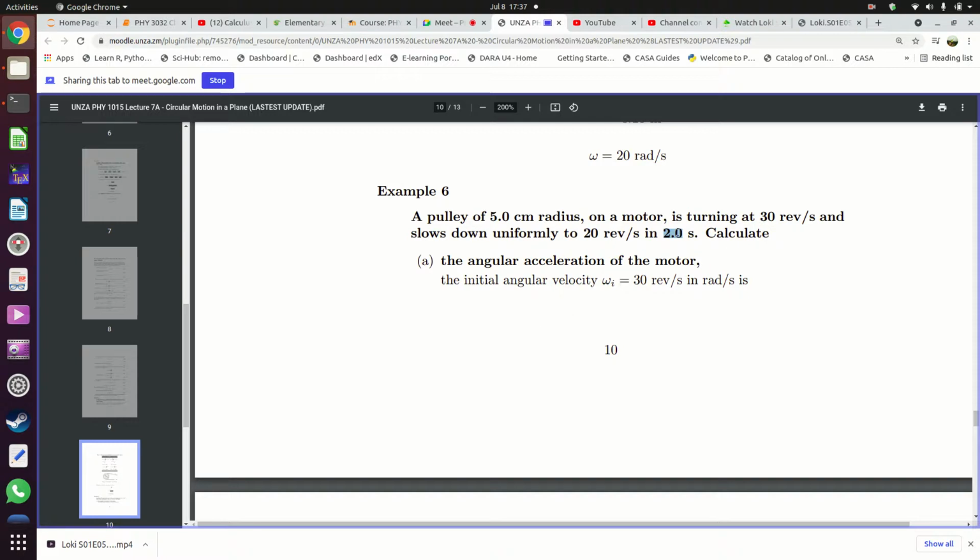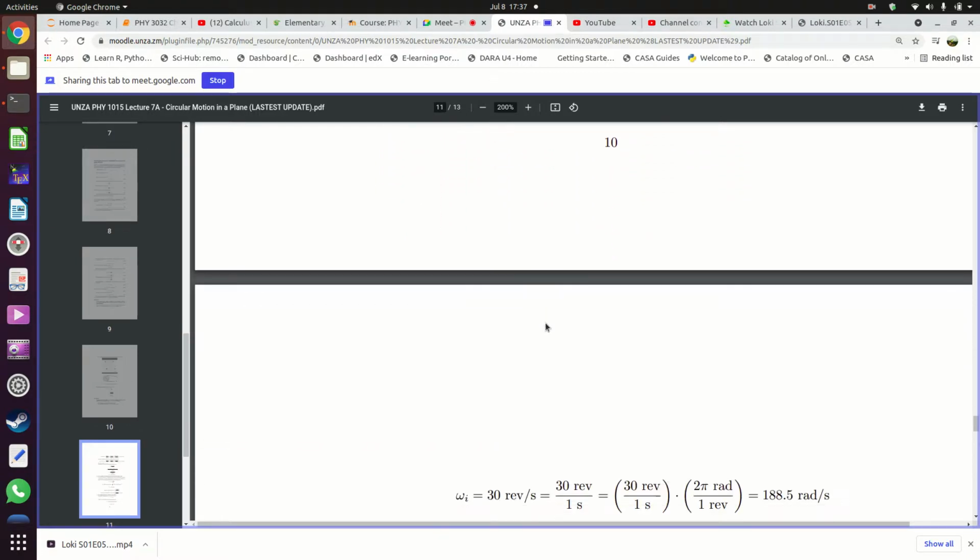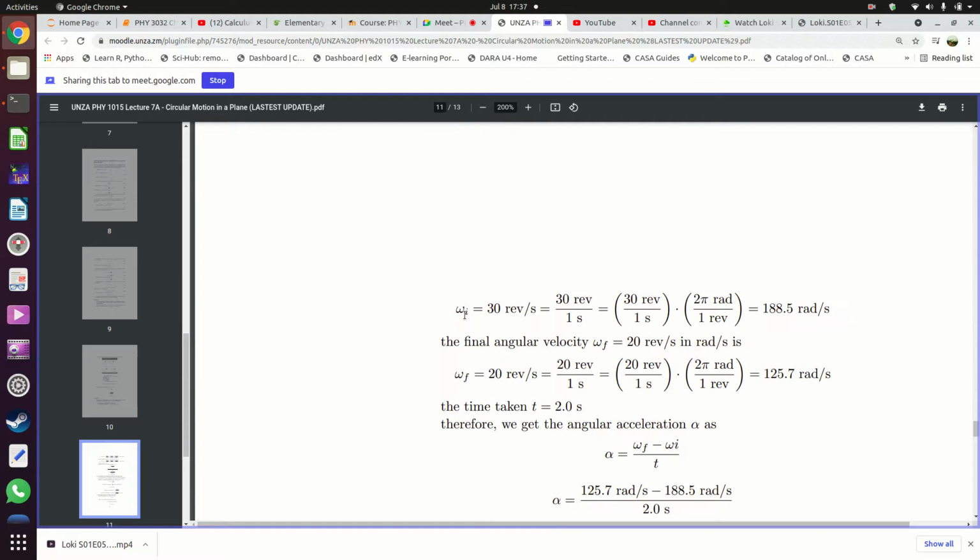So in this case, this 30 revolutions per second is our initial angular velocity. Omega i is 30 revolutions per second, but we need to turn 30 revolutions per second into radians per second. So how do we do that? We write omega i is 30 revolutions per second. That's going to be 30 revolutions divided by 1 second multiplied by 2 pi radians divided by 1